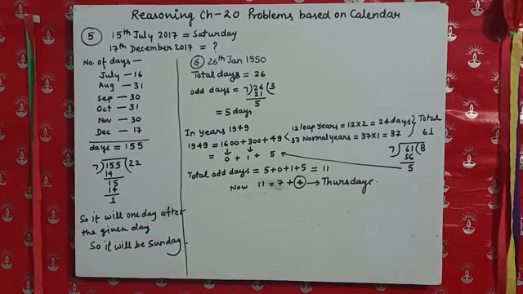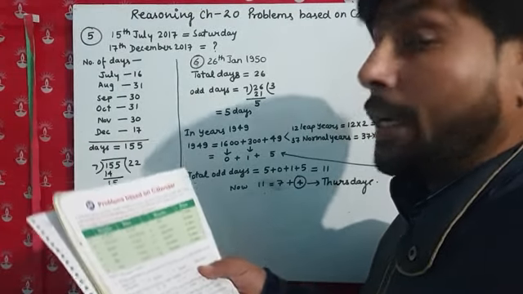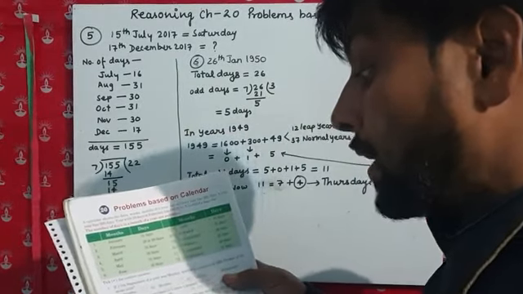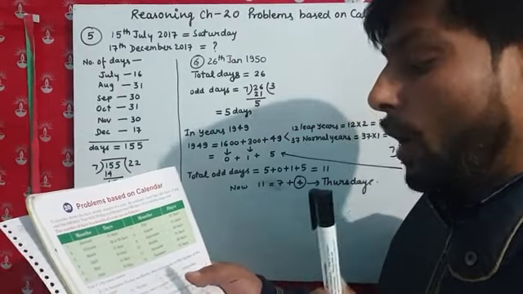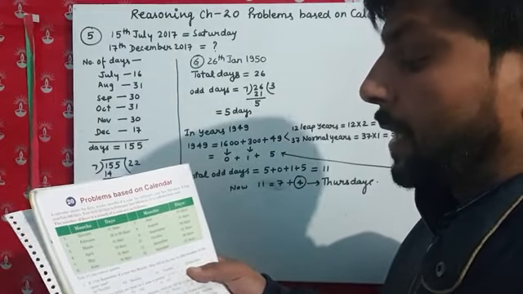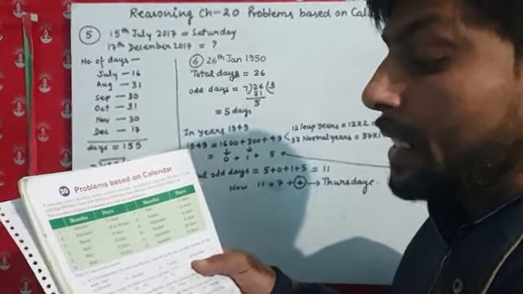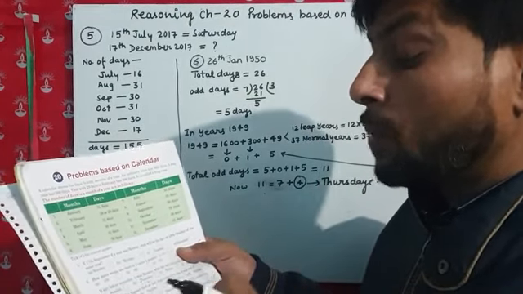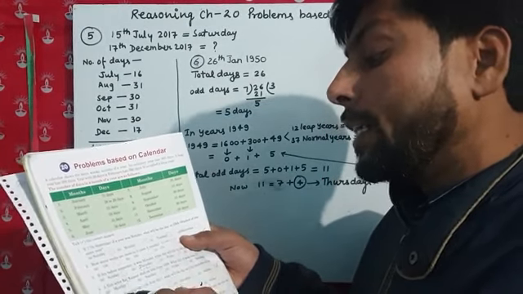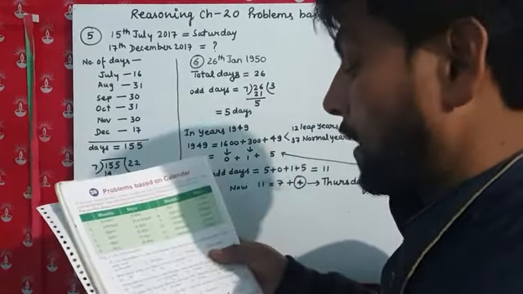In question number 5, it is given that it was a Saturday on 15th July 2017. My dear student, always remember that in question number 4, only the date and year were given, the day was not given. So you have to solve this according to the pattern I told you, because that is based on the calendar. But whenever it is given that it was Saturday, it is not confirmed that it is exactly Saturday on the 15th July 2017, it is only given by the question. So don't try to do it by that method. You have to do it by the simple method I'm telling you.